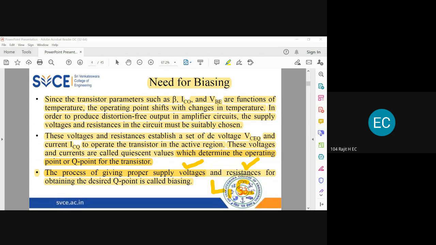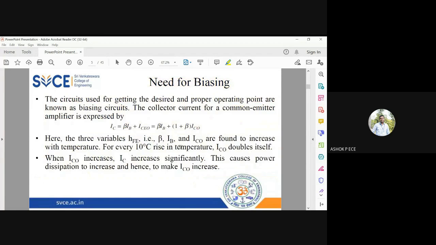Heat, sir? Yes, the resistance is a dissipating device. It is going to dissipate heat, so some amount of power is going to be lost in the form of heat. But for that, I cannot go for L and C, right? Because the linearity is going to be lost. So I am okay with the amount of energy lost due to heat, but still I use only resistors and power supply for constructing my biasing circuit. Okay,